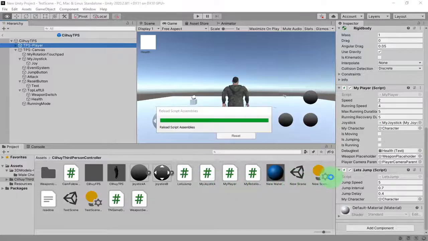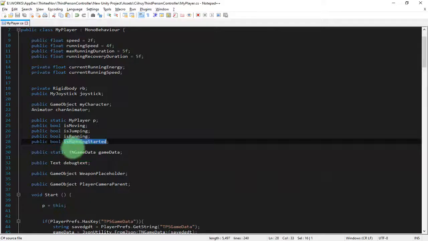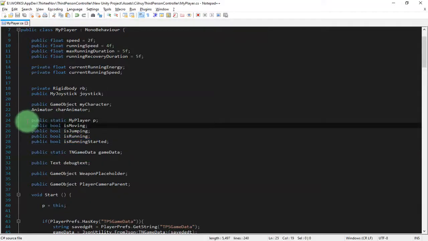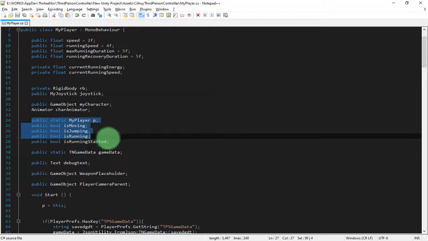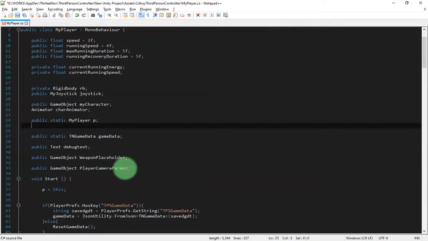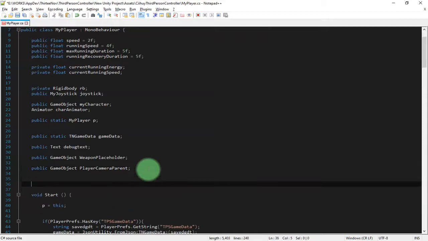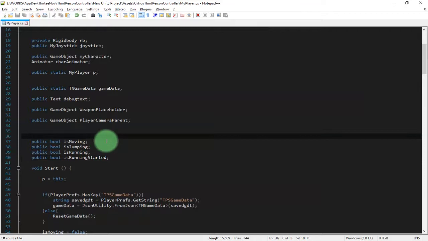Another thing I'm going to show you is that I don't want to see these boolean variables here. So I will move these 4 or 5 boolean variables to the bottom of these lines, and then hide them from the inspector.